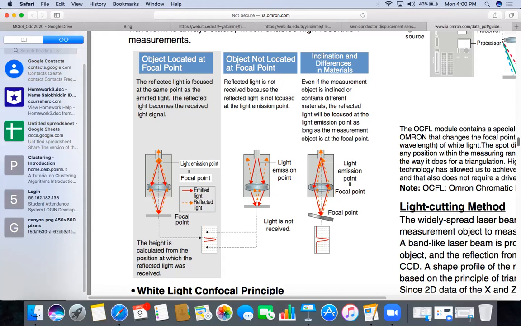Inclination and differences in materials: even if the measurement object is inclined or contains different materials, the reflected light will be focused at the light emission point as long as the measurement object is at the focal point. So it is shown there, the light position, focal point. So it is tilted, and at the output it is showing